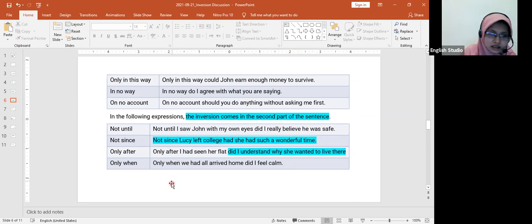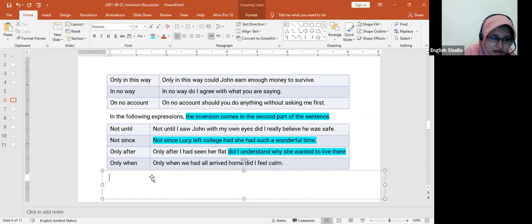Sebenarnya kan kayak gitu. Bentar, saya kayaknya memang harus ditulis, tapi kenapa nggak bisa ya? Bentar ya. Oke. Sebentar ya, Miss. Lucy hadn't had such a wonderful time